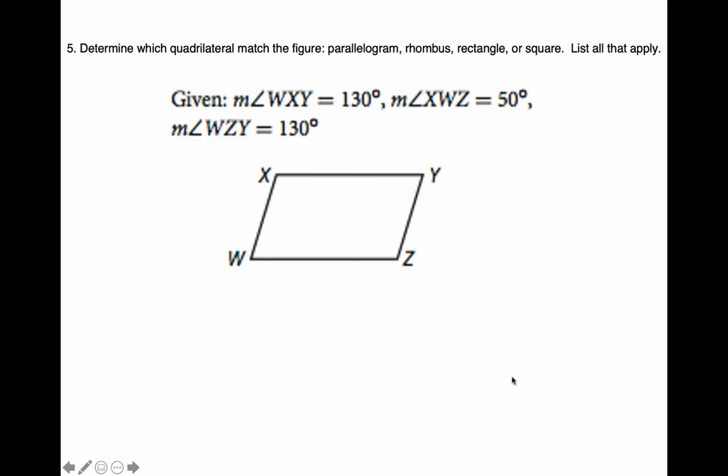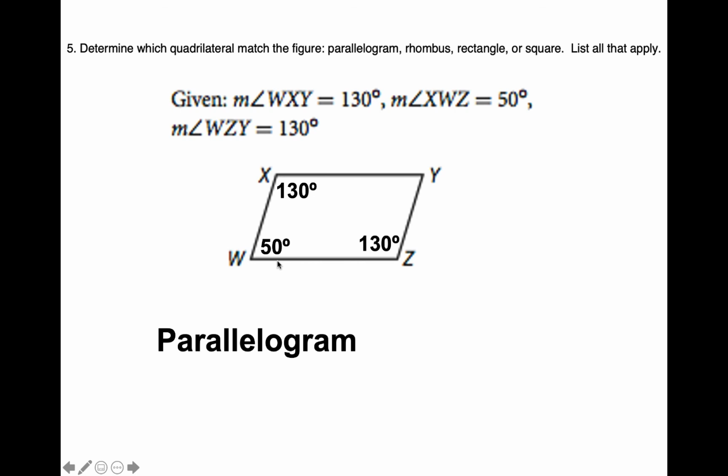All right, number 5 says determine which quadrilateral match the figure: a parallelogram, rhombus, rectangle, square. List all that apply. So we are given the measure of angle WXY is 130 and angle XWZ is 50. And then the measure of angle WZY is 130. So notice we have opposite angles are congruent, consecutive angles are supplementary, so we can say it's